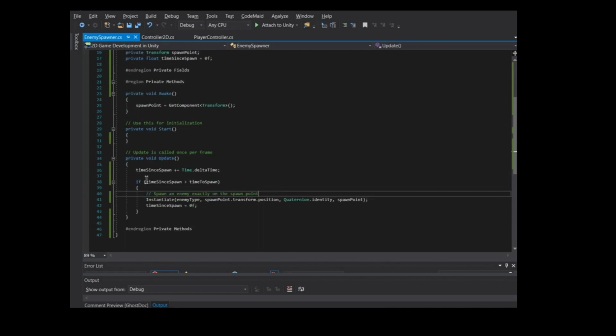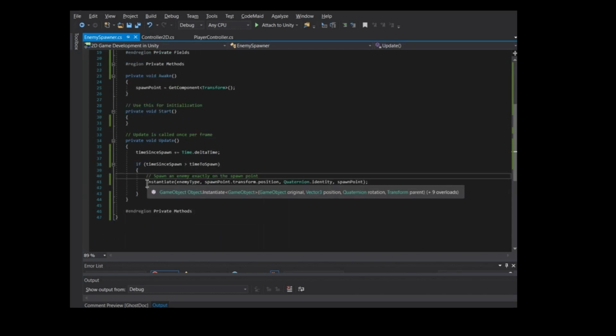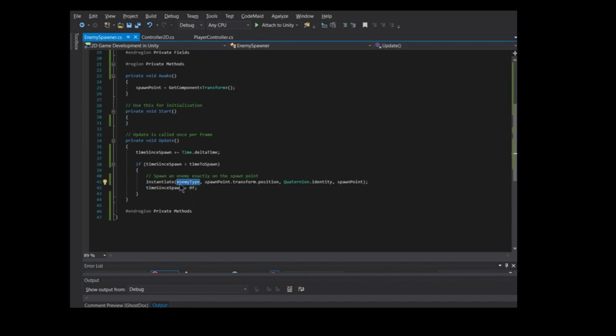Now, the method that exists in MonoBehaviours that we need to use, and this is one to remember for sure, is called Instantiate. This will create a game object. As you can see, you can define the type in the brackets right there, but by default it's a game object. And it's going to be a game object of the type of whatever you spawn here. Well, I guess it is technically a type, but really it's a prefab that you're looking for. So you're creating a game object out of a prefab that you drag into